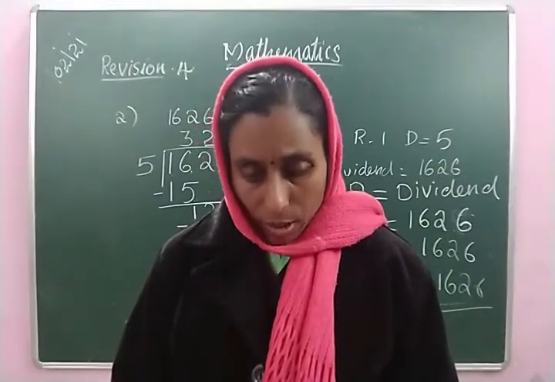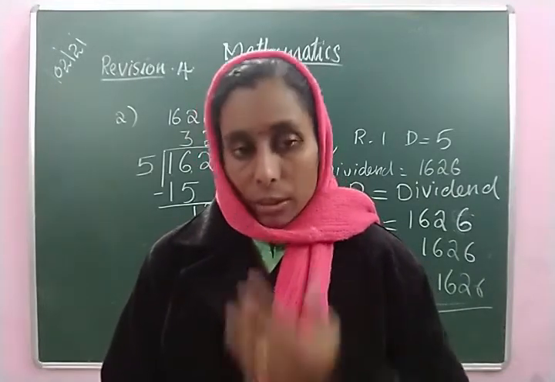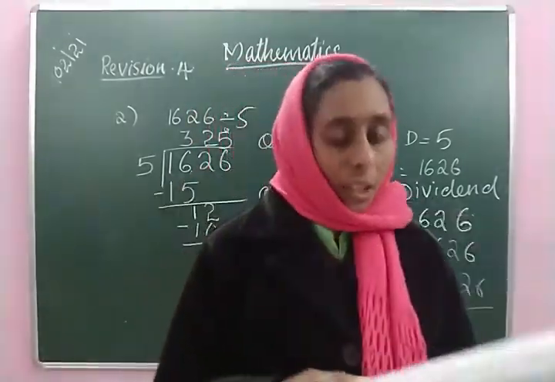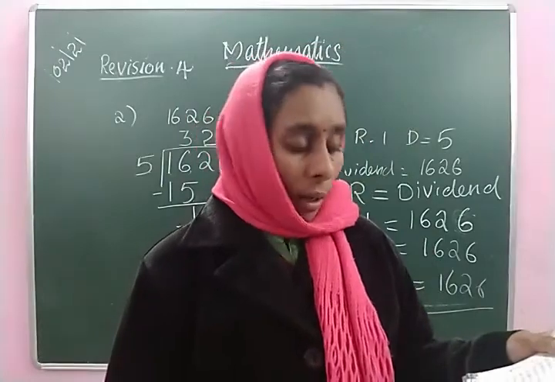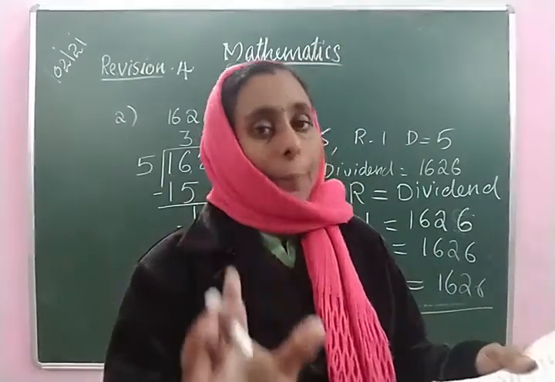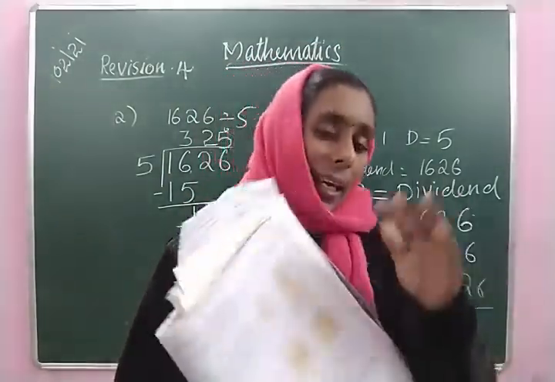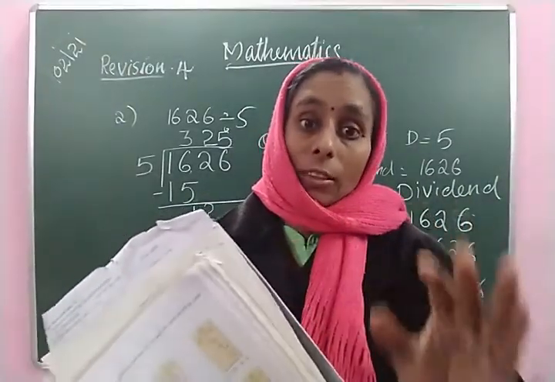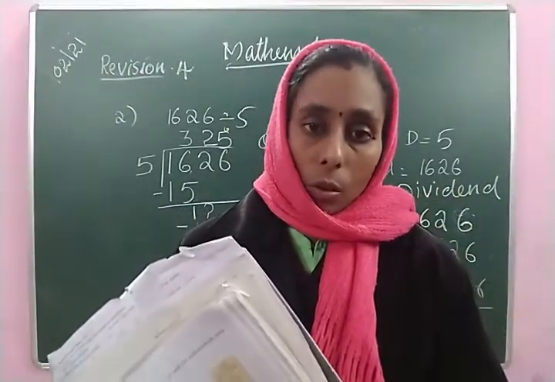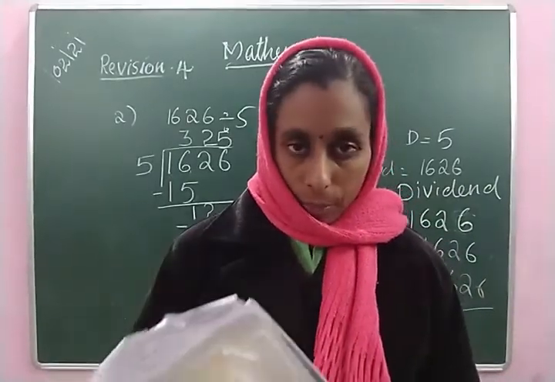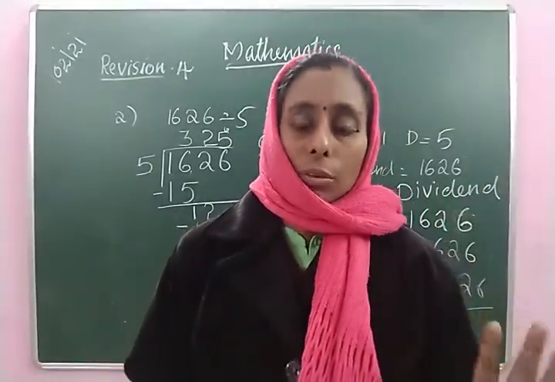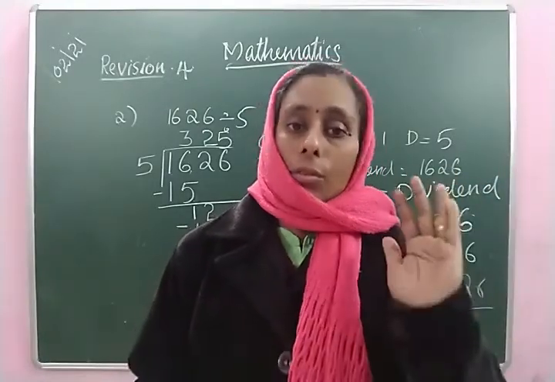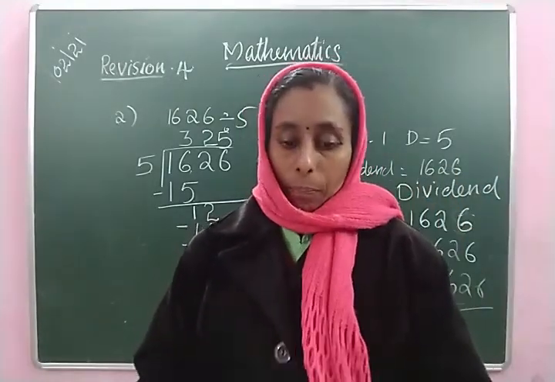Find the quotient when the dividend is 3880 and the divisor is 10. This I have not given in your video or in your PDF, but this type of question I have given and explained. You don't expect the exact question from your book or your PDF. You have to understand how to do it. You should understand the concept, learn the method and do all the steps.